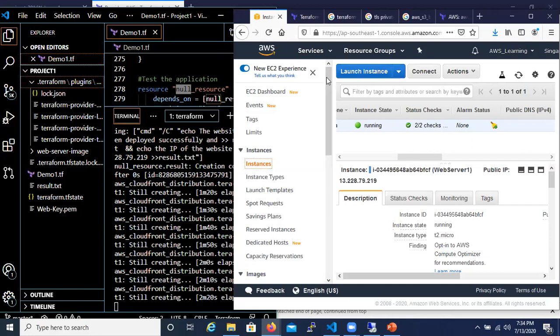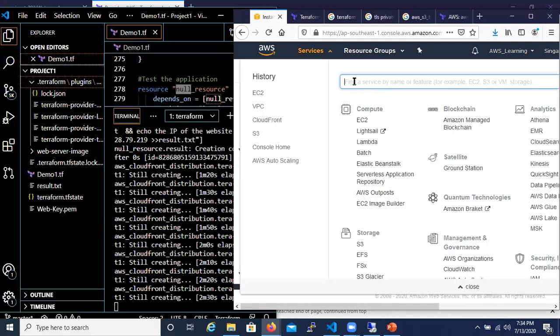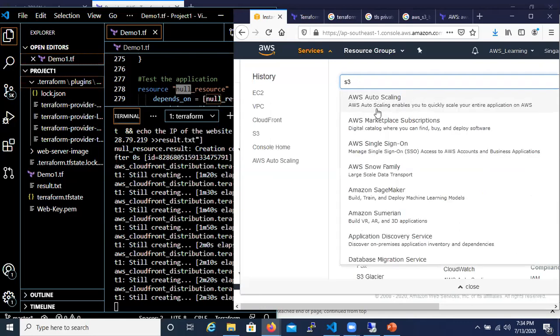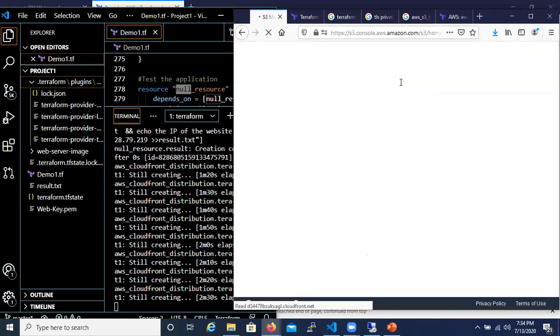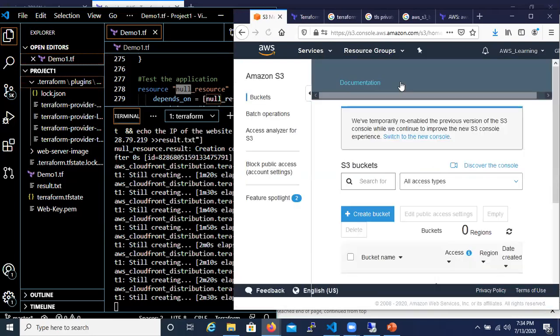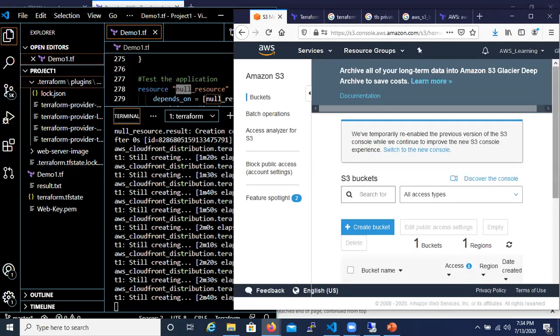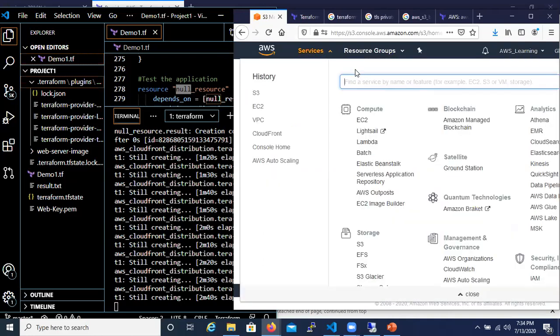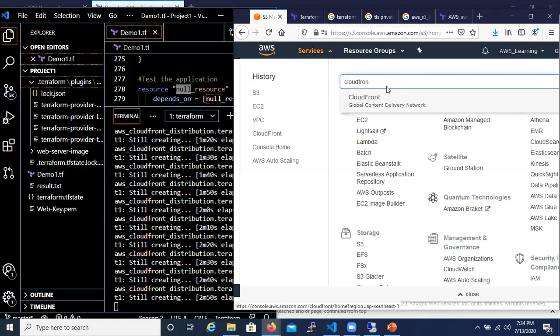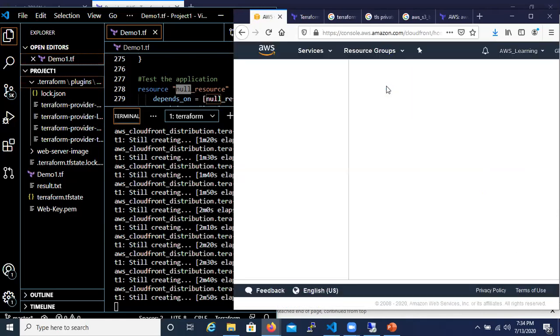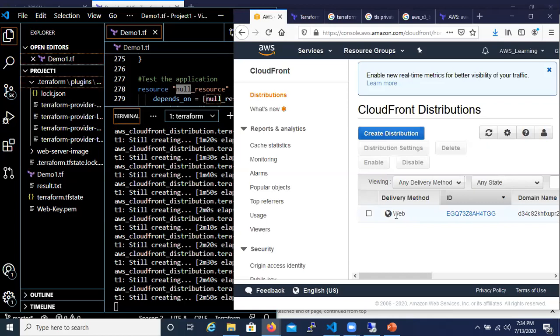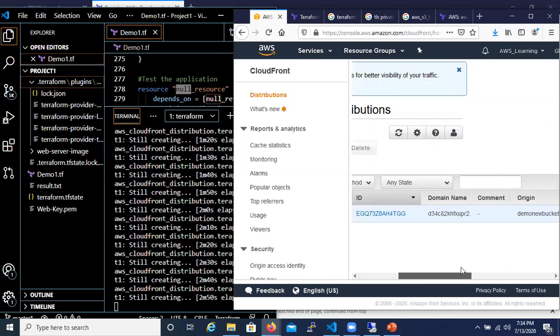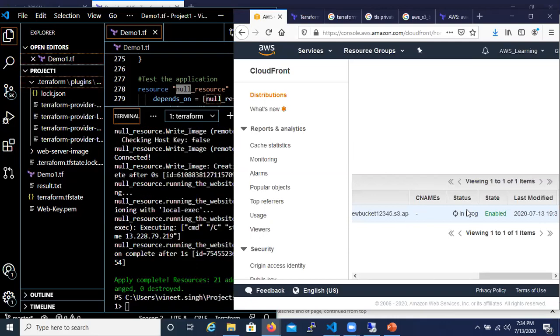And then if we go to S3, it has also created a bucket for me. If I go to CloudFront, it has created a CloudFront object for me as well, and there you go, bingo.